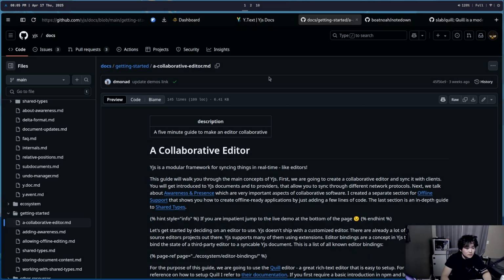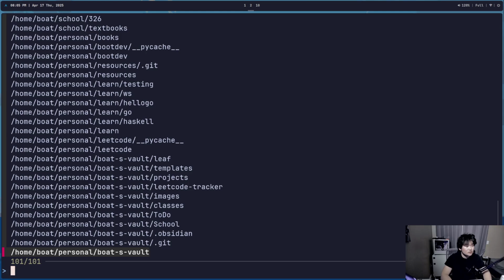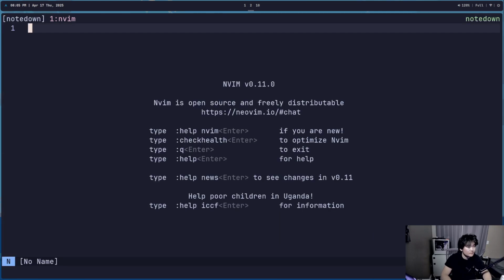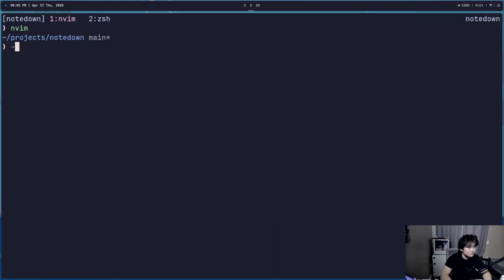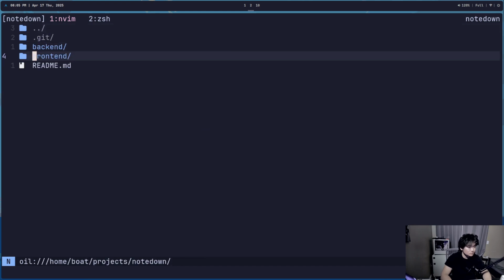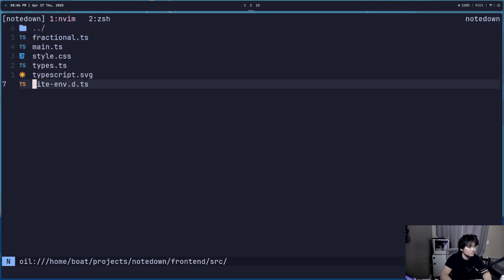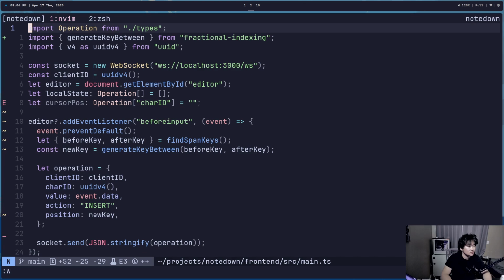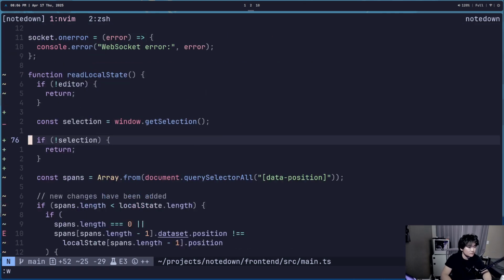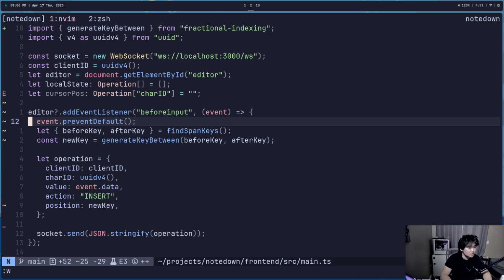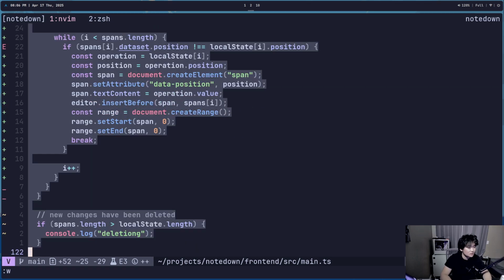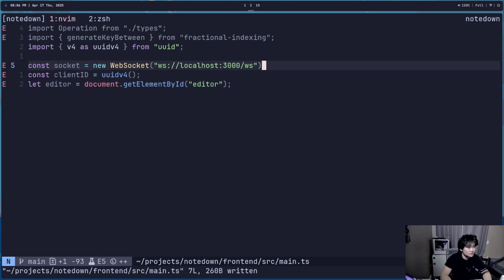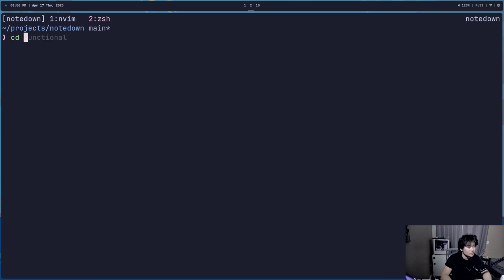I think it is. Open up Node down. Yeah, this is gonna be all toast. We're starting all over. This is a garbage thing. Yeah, we're deleting everything. We have our socket connection, our client ID. Yeah, matter of fact, cd